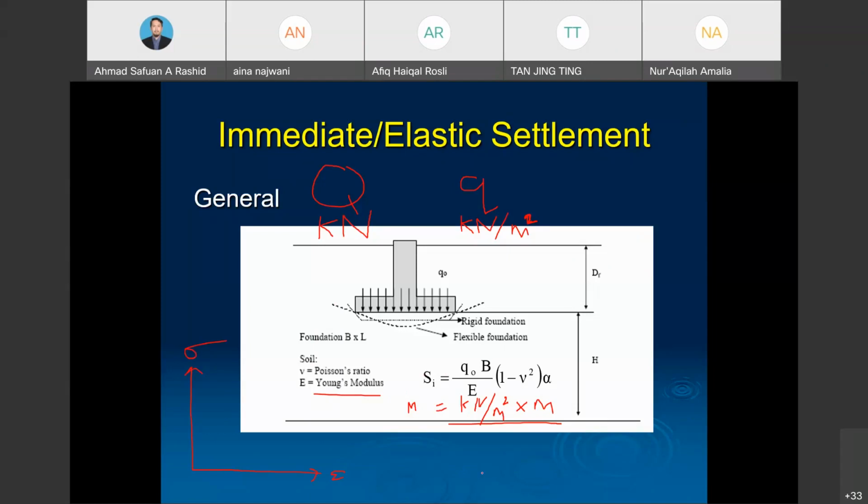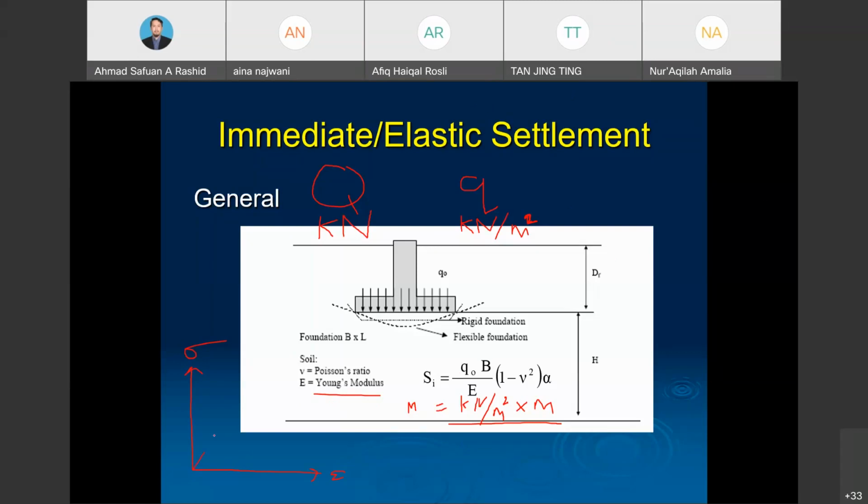Afiq Aika Rosli, banyak awak buat tanda apa? Tanda simbol kan apa? Slash, comma, apa? Saya tak nampak awak tulis apa, Afiq. Okay. Okay. Then,